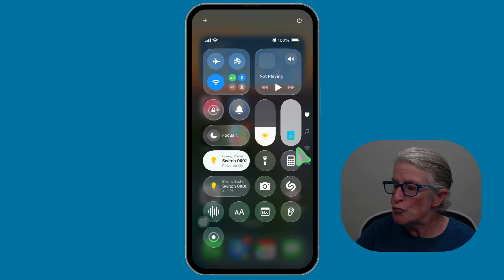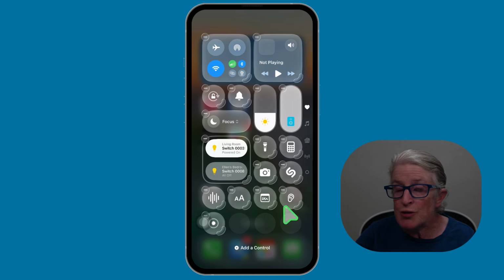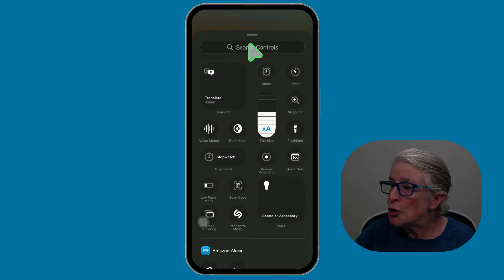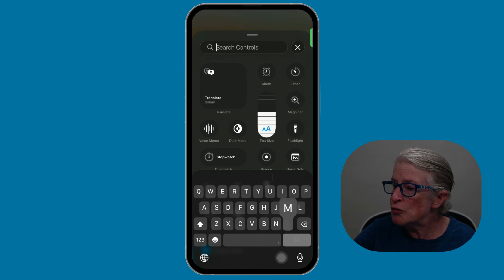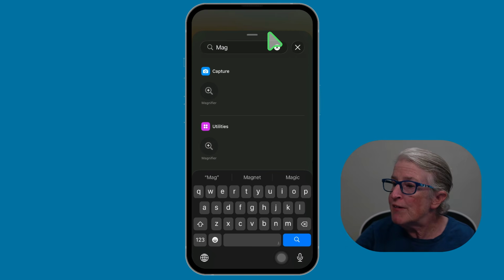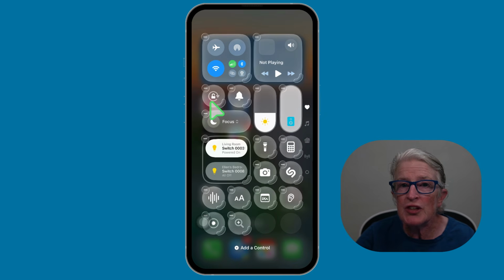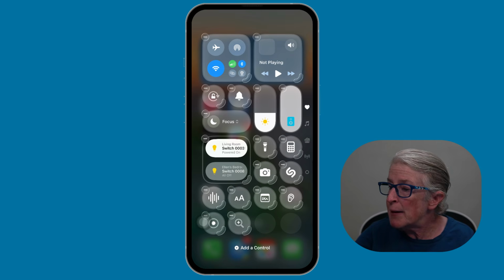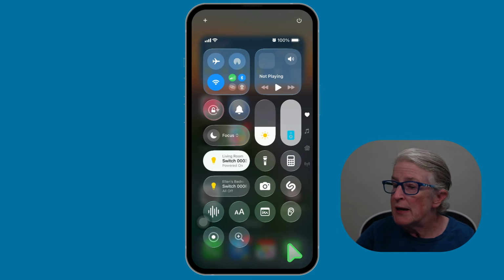To add a control, I'll push and hold on an empty area of the screen and tap where it says Add Control. I'll tap into Search Controls and begin typing Magnifier. Once I have found the Magnifier app, I'll tap on it, and now you'll see that the Magnifier is added to the Control Center. I can tap anywhere outside the screen, and now I have the Magnifier added to my